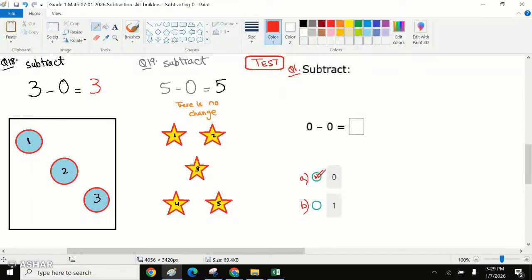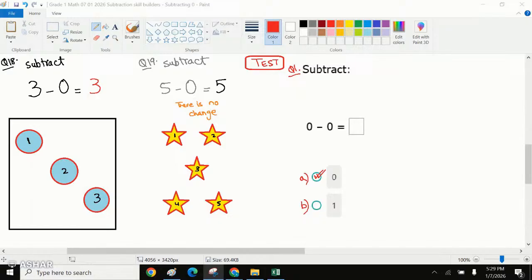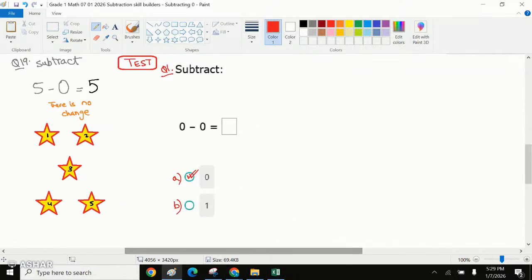So we do it together. Please click on option number 1. Okay, yes, it is correct. And if you make a mistake, it will show you on the screen what the correct answer is. If you're doing the test on your own and you make a mistake, always look at the working, the explanation. So the next question, question number 2, says subtract 2 minus 0,